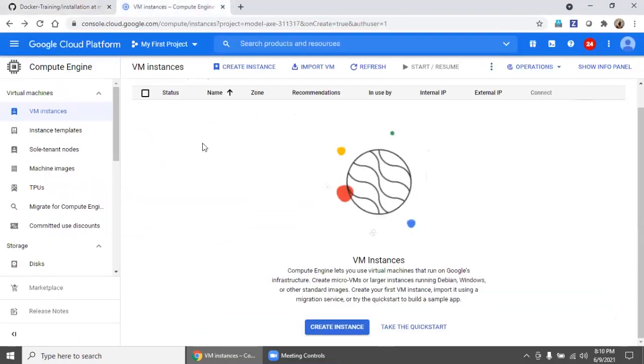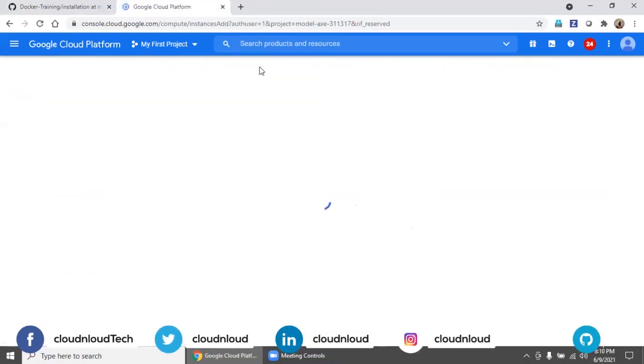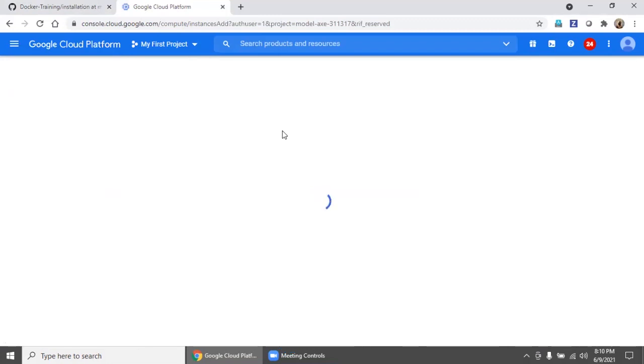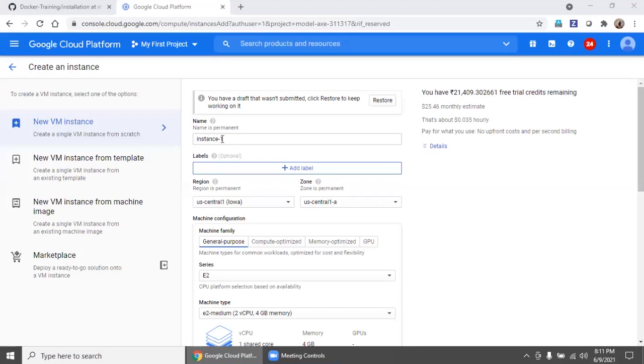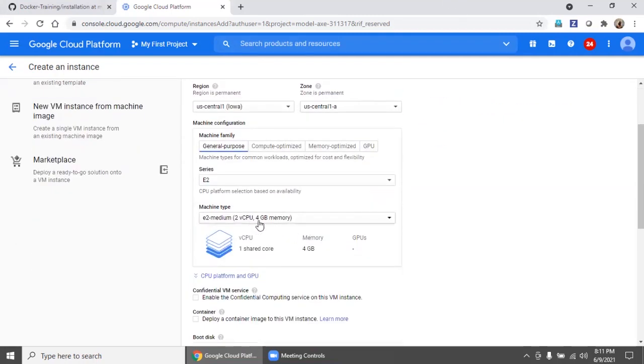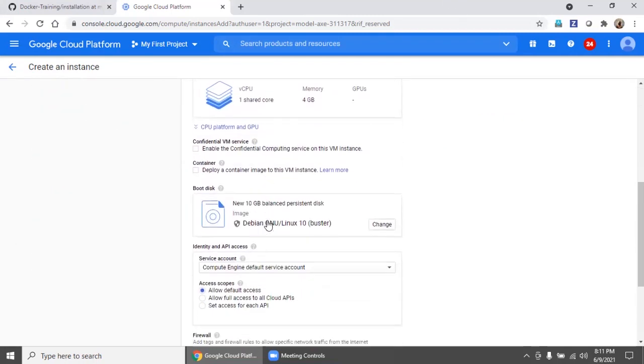So first we will see how to create a machine. You need a machine. I have a Google Cloud account, so go and create an instance. First I'm going to create an Ubuntu machine with 2 CPU, 4 GB memory.